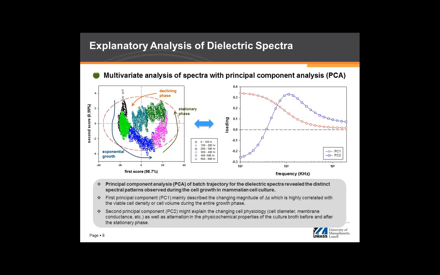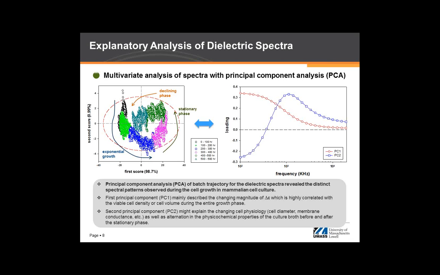On the upper right corner plot, we have the two calculated principal components. The red line is the first principal component, and the blue line is the second principal component. Those are the most distinct and obvious variabilities observed in the dielectric spectroscopy. As you see, the first principal component is almost the same as the dielectric spectroscopy pattern. And the second one has a pretty low value in the low frequency region, then increases around the corner frequency region and then goes down.